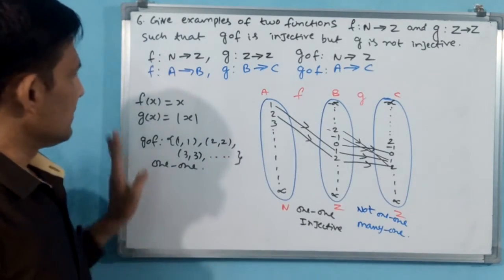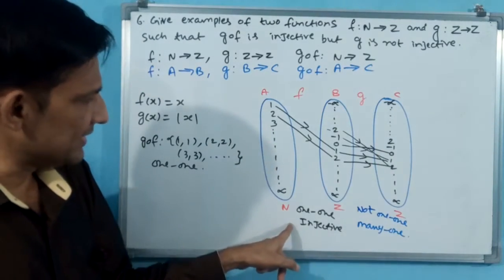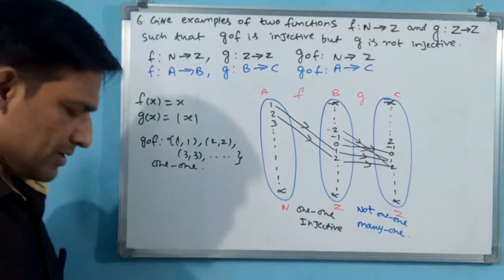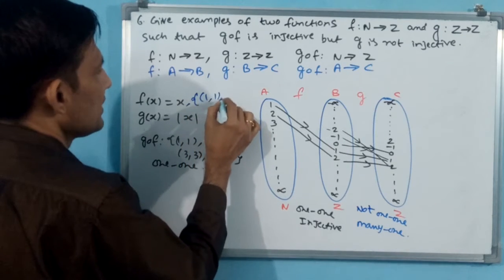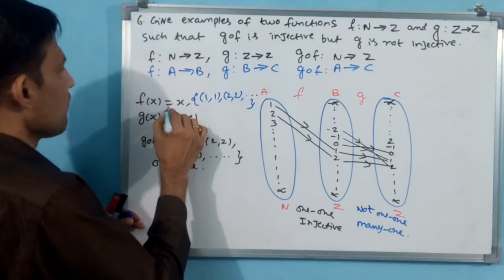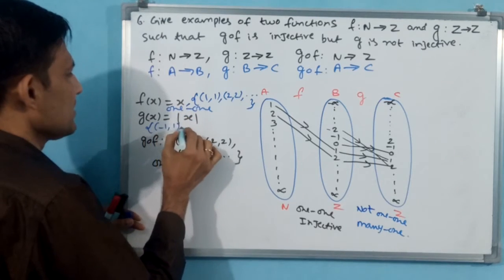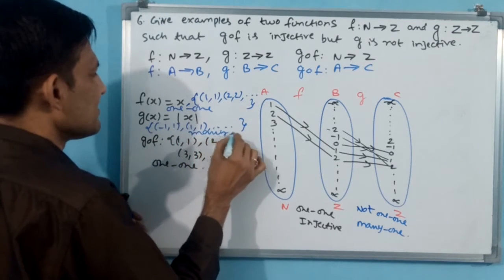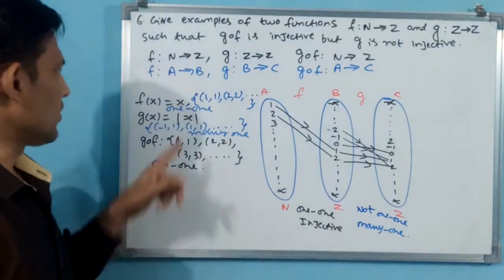Like this you can answer your question, but you draw this arrow diagram. You write like this: 1, 1 injective, not 1, 1, many 1. f of x is equal to x, say 1, 1, 2, 2, and so on. Like that you write. And for g of x you write minus 1, 1, plus 1, 1, and so on. You write many 1. Like this you write g o f is equal to 1, 1. Hence proved, like that you have to write it.